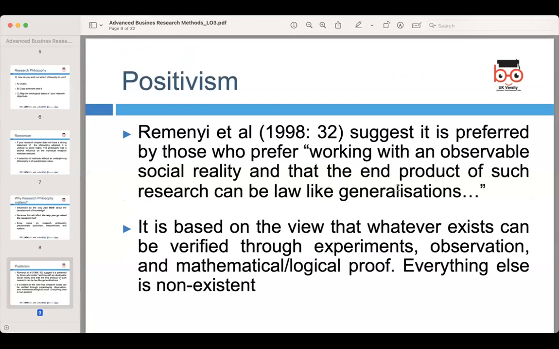So here, positivism. The positivism philosophy emphasizes the objective and scientific nature of research. Positivists believe that knowledge can be obtained through direct observation, measurement, and the application of logical reasoning. Next one is